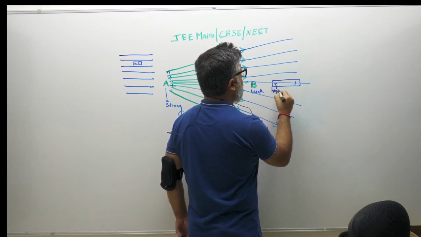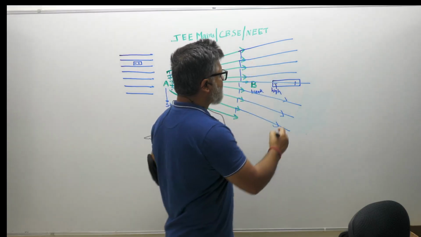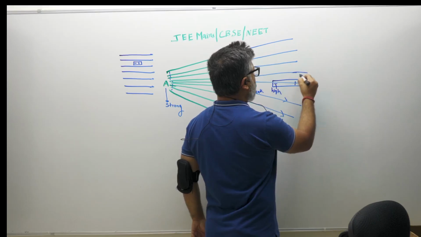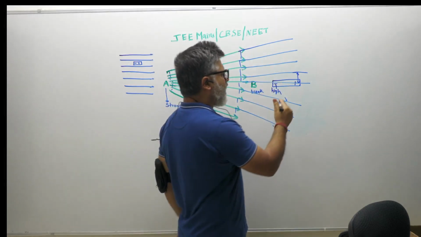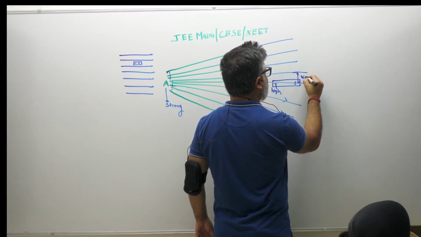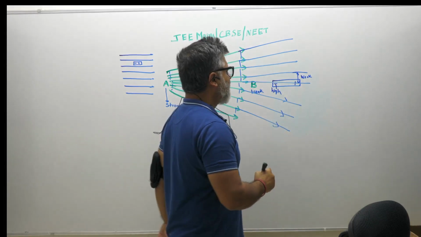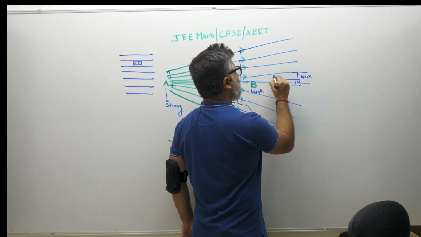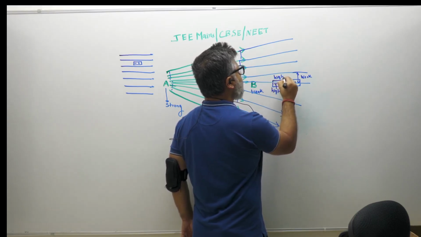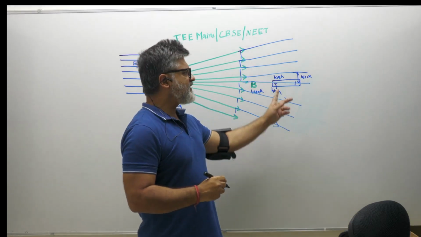Why? Because the electric field lines are of this size, but by the time you reach the positive side, the electric field lines increase in size. So you have this weak electric field here. So the force being experienced by this charge is low and the force being experienced by this charge is high. As a result of this, there is a resultant force on the dipole because it is unequal.